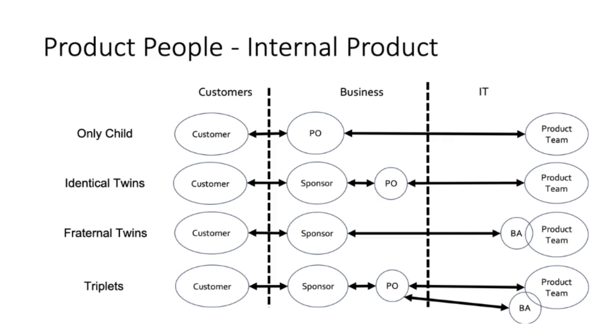You may also have a scenario where there is a product owner and a business analyst, the triplet model described above. In this case, the product owner makes decisions and builds shared understanding about the problem. The business analyst applies their business analysis skills to provide specifics about the relevant business rules, data, and processes in a way most useful for the product team. The more complex the product, the more likely you'll see this model.